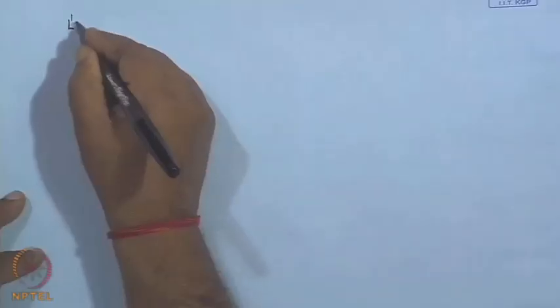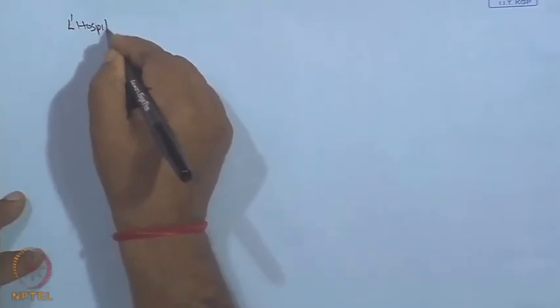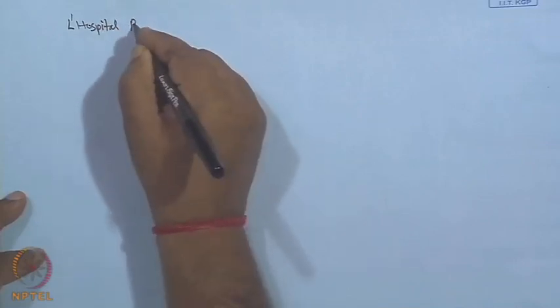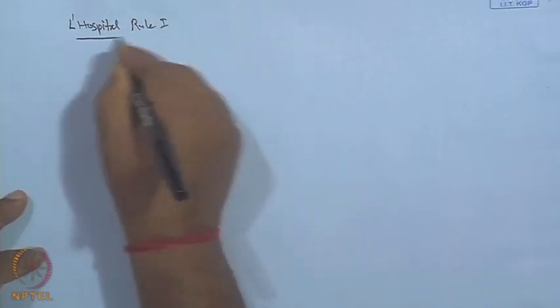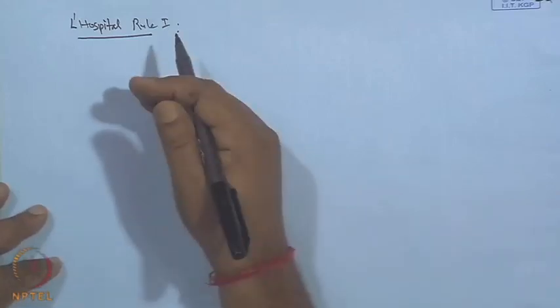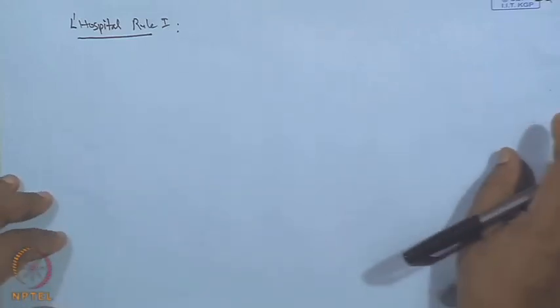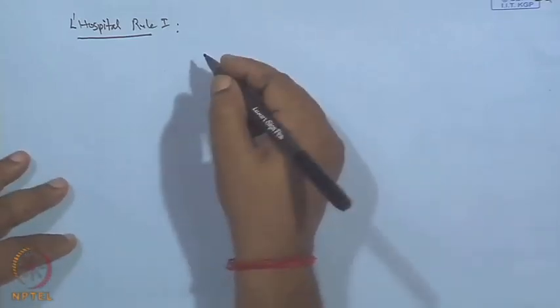If the derivative or the functional value at the point a is not defined, but the limiting value is obtained, then also we can apply the result, and that is given by L'Hospital's rule, and that will be known as L'Hospital's rule first. In fact, the first is very important, the other rule is just an extension case. So, that is